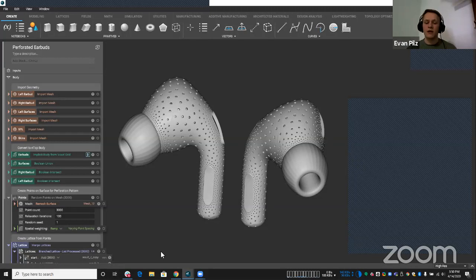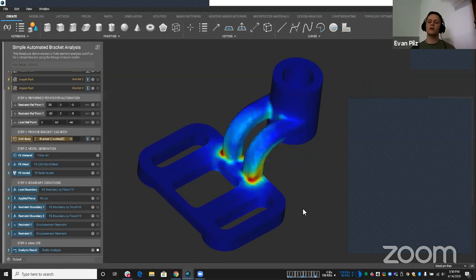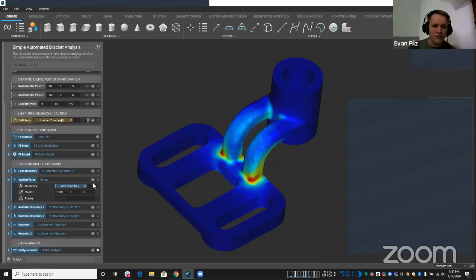A question came in about this previous file where I used the Floodfill. Let me transition back here. The question was, what is the purpose of applying the force to the nodes rather than the faces? The purpose in this case is the force is going to distribute. Let me open up the force here. The force is going to distribute this force vector that we denote